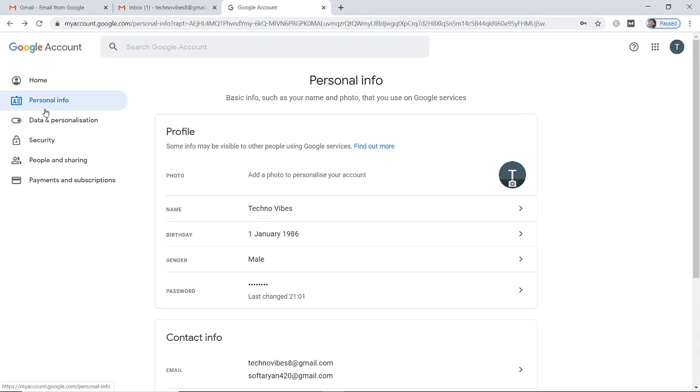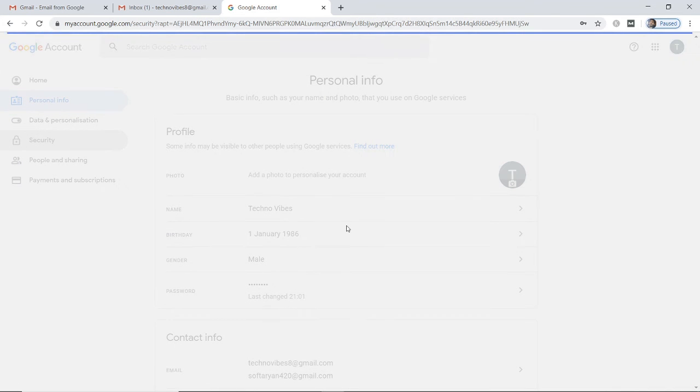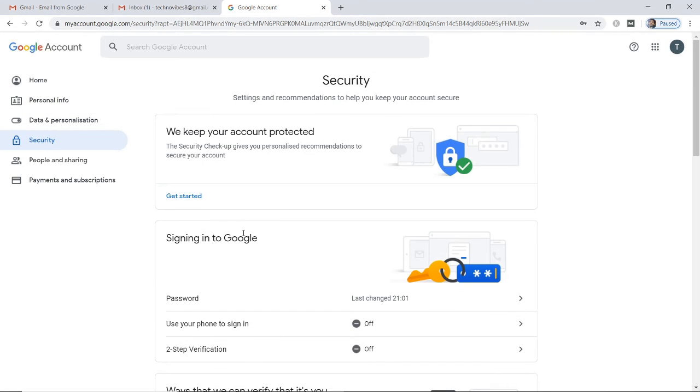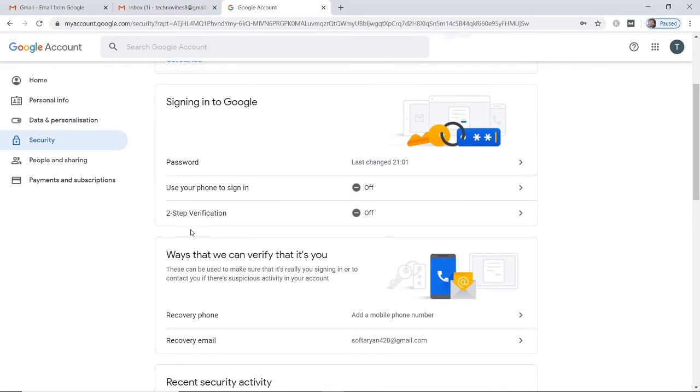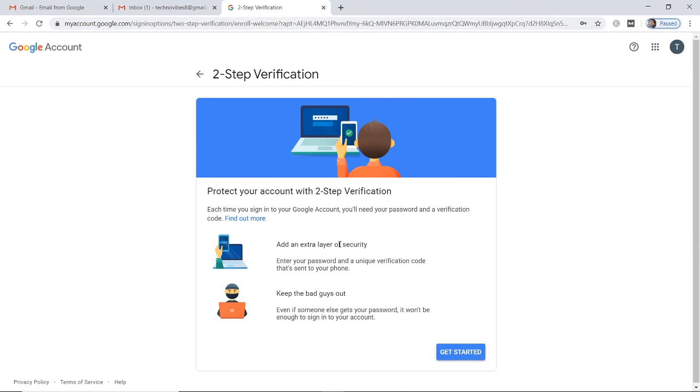You can add an extra level of security while accessing your Gmail account. All you need to do is click on security. As you can see, there are two options: use your phone to sign in or two-step verification. All you need to do is hit on two-step verification, get started,